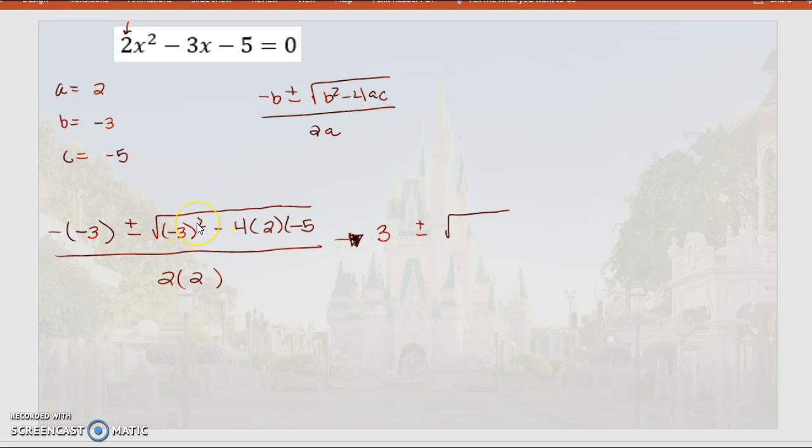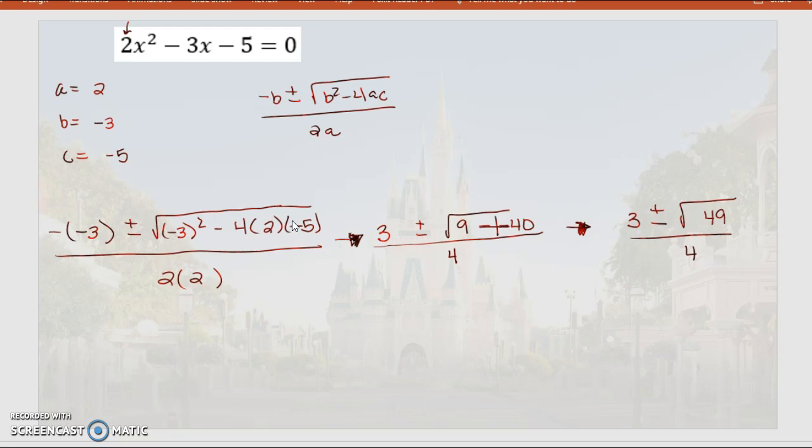-3 squared is -3 times -3, and that is a +9, minus 4 times 2 is 8, right? 8 times -5 is a -40, all over 2 times 2 is 4. All right, so we're going to continue to simplify underneath that radical. 3 plus or minus the square root of... if you have a negative minus negative, that turns into one big old plus sign. That turns into